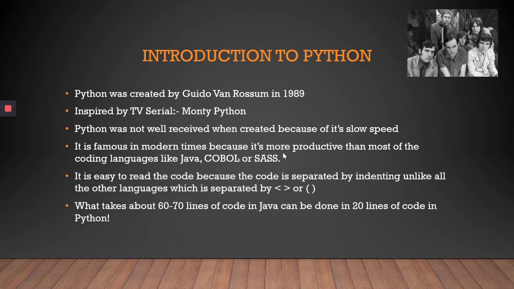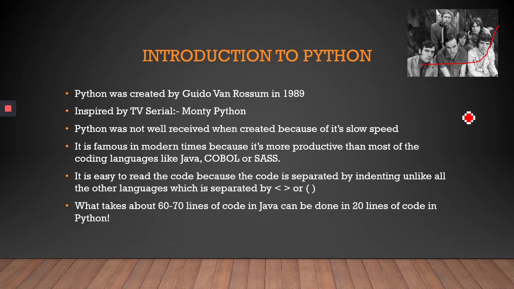Python was created by a person called Guido van Rossum in 1989. There's a funny story behind that. He was inspired by the TV serial Monty Python. So this is the Monty Python TV serial. So that's the story behind it. Initially in 1989, when Python was created, it was not at all well received because it was very slow. And it is famous in modern times because it's more productive than most of the coding languages